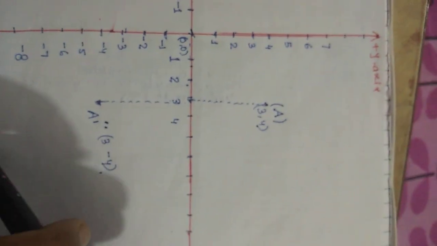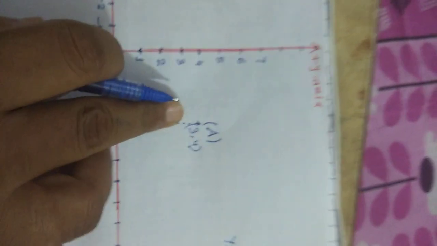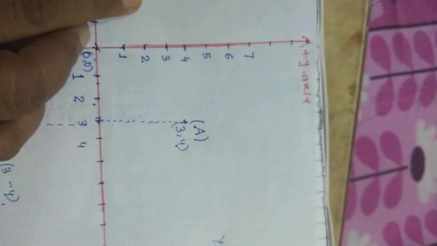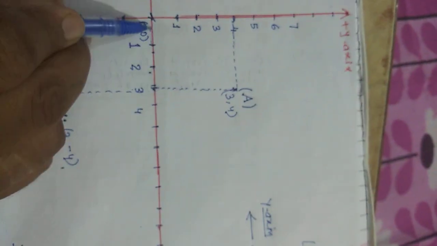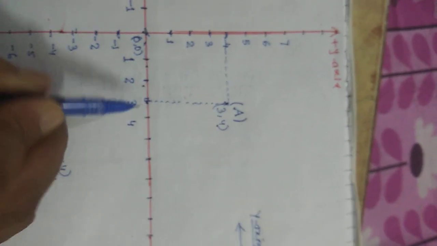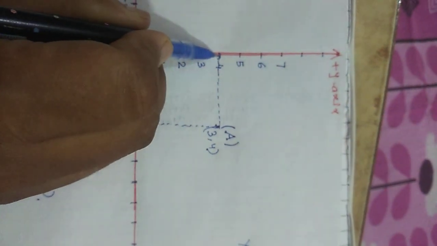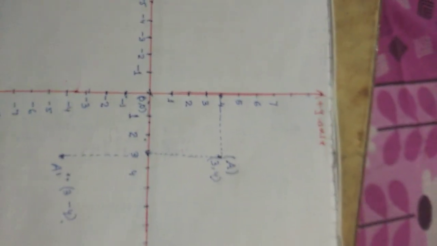Now change the mirror place. Now A will go to the y-axis, where we will find the image of A in the y-axis. Now check the x distance. How much distance is it? From 0, x is 3, but this 4 will remain constant. In the y-axis, the x coordinate becomes opposite in sign, and the y value remains unchanged.